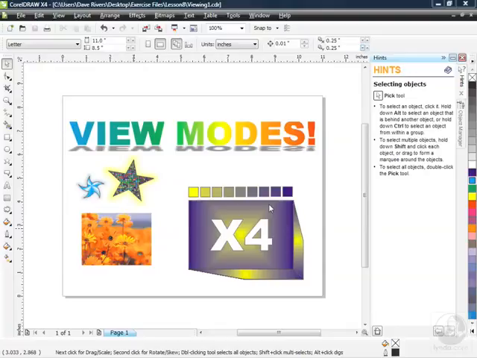with objects and text. First, though, we're going to explore those different view modes I was talking about using the file I have open here. It's called viewing1.cdr. You'll find it in the Lesson 8 folder of your exercise files if you want to follow along. And you can see this particular file is a one-pager, but it has a number of objects on the